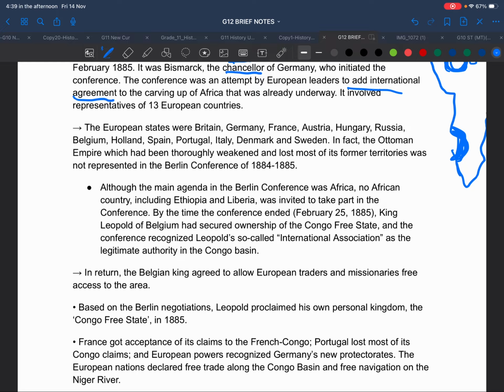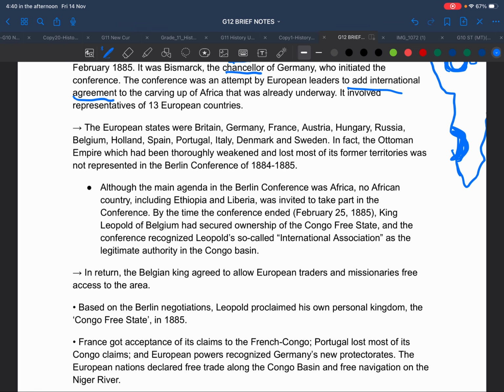Every European power had already announced its claim, where the German claim was, where the British territorial claim was, where the French claim was. It was already known. This was an addition to add international agreement, to frame it with